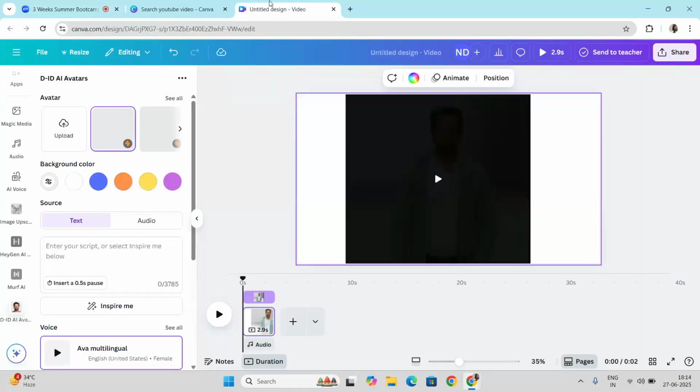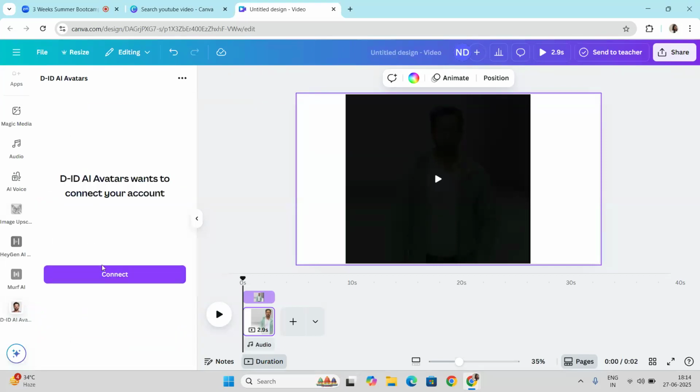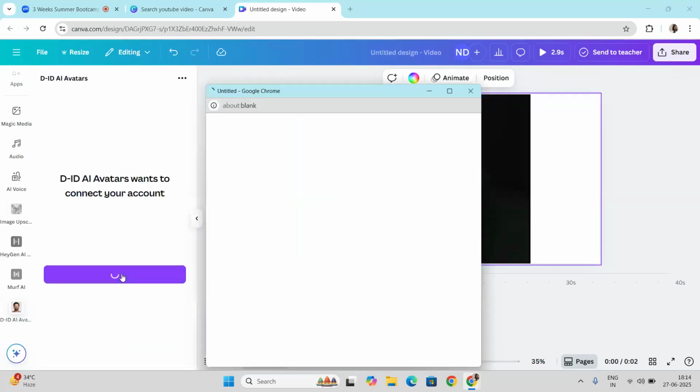Okay. So basically again you will be able to see one option where you can upload your own, and all these are available. Like here I'm just uploading, but again for upload you have to connect with your Google account.